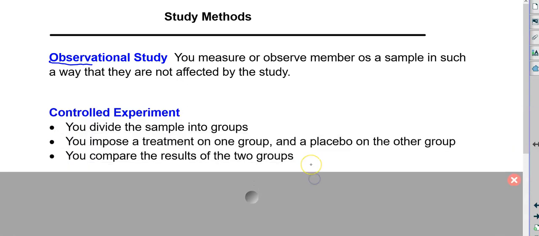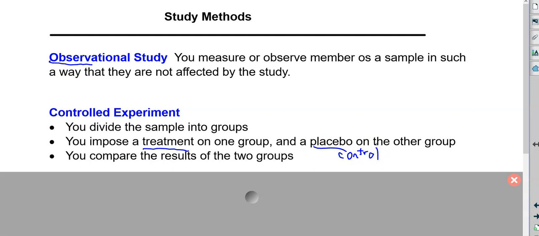Controlled experiment happens a lot. This is where there's a treatment. Oftentimes the treatment is drugs. So you might be trying to lower cholesterol. Half the people in the group are randomly selected and they get the real drug. Half the people randomly selected get the fake drug called the placebo. They might have a positive effect called the placebo effect, but they're called the control group. So the placebo group is the control group. We're trying to see how effective our medicine is.